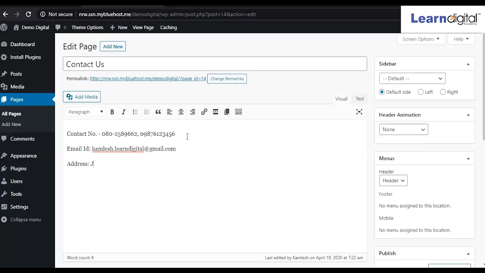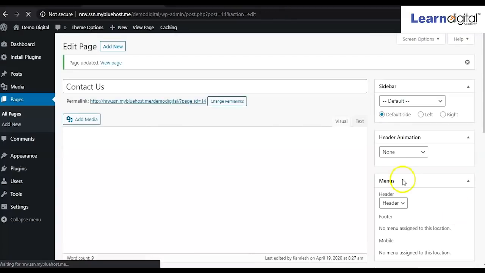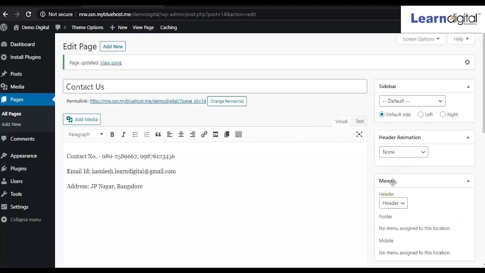So the detailed information you can give. After that, again you have to click on the update option. So this contact us page has been updated now.